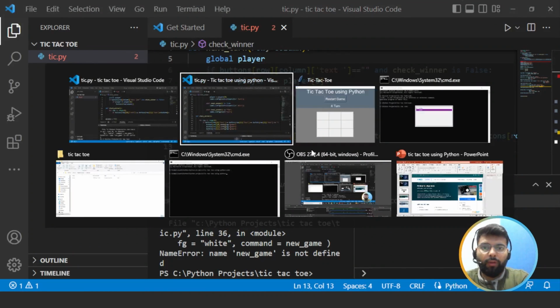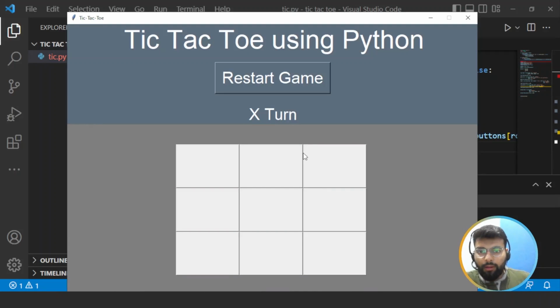What we have done here is, if you see, we have stated that if row 0, the first row and the column 0, is equal to row 0 and the column 1 and row 0 and the column 2, and it's not equal to empty, and if they all are equal,